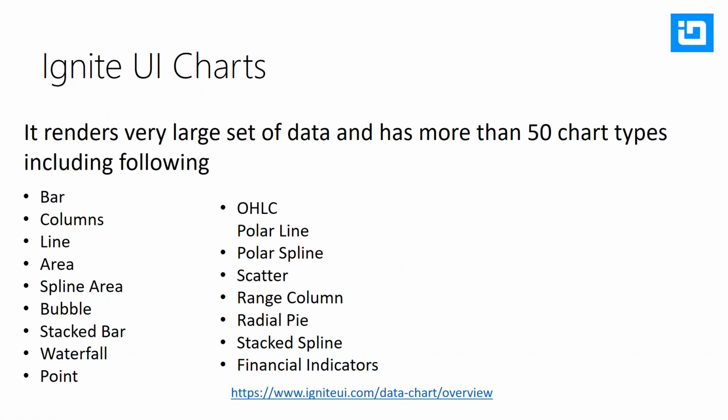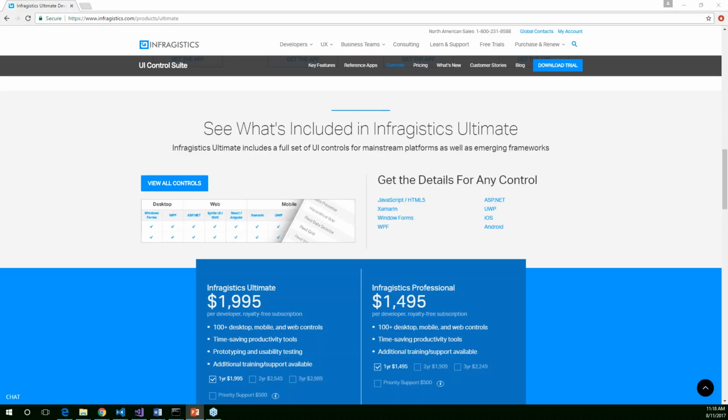Like you can have a bar type data chart, a column type data chart, a line type data chart, area, and so on. There are 50 chart types available inside data chart, and if you want to explore them, the URL is given there, igniteui.com/datachart/overview. You can go and check them. So here